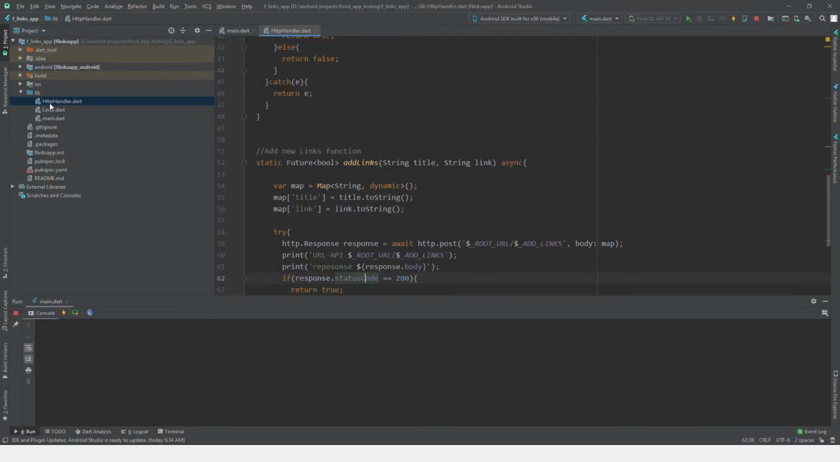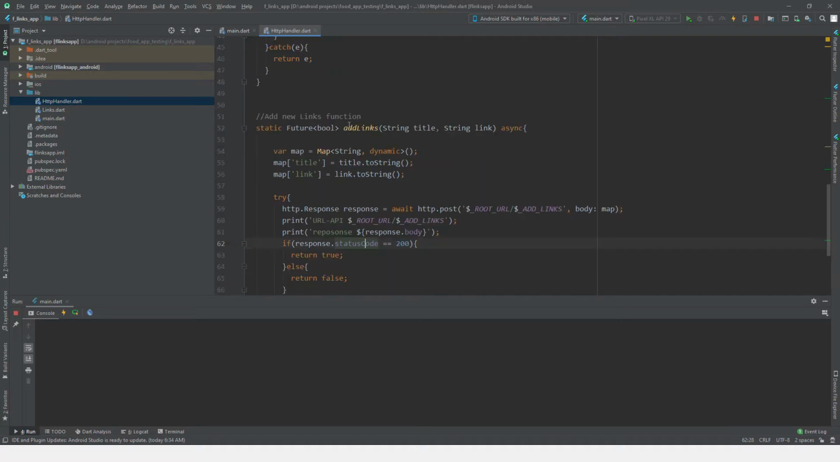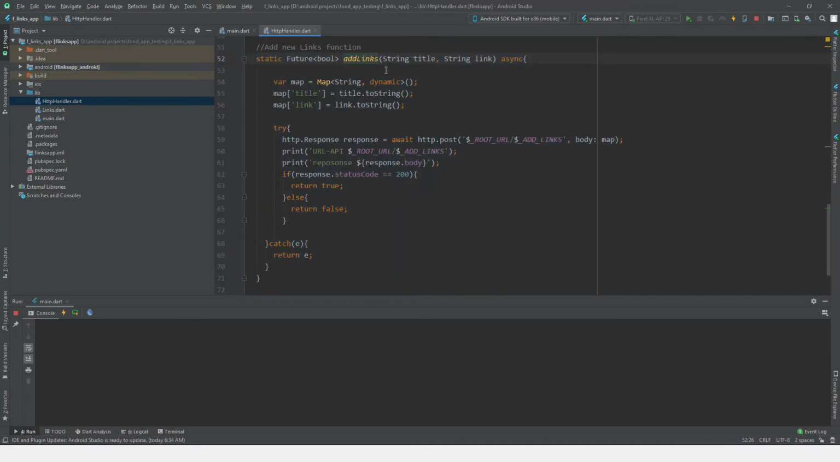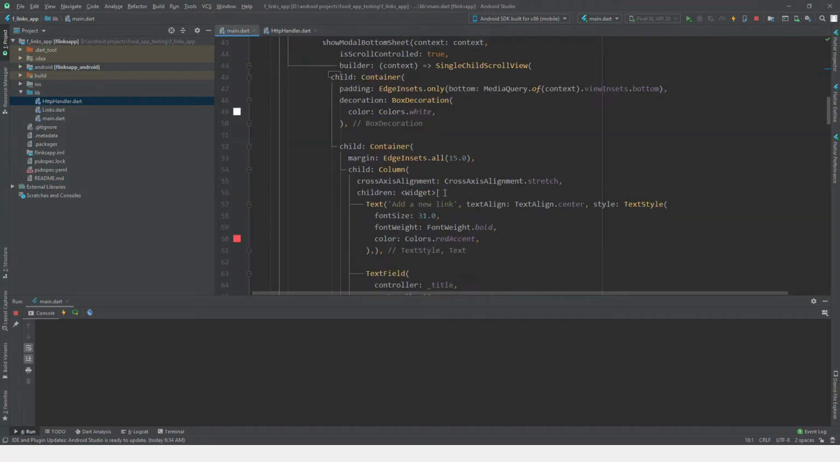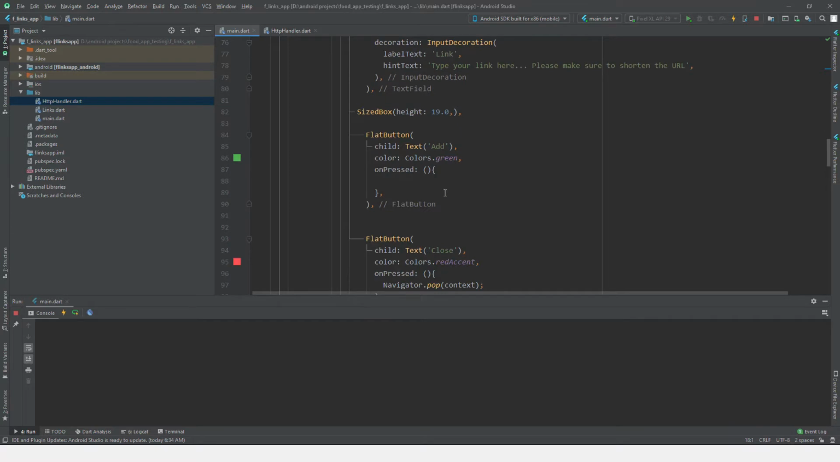First, double click on this HTTP handler Dart. Today we're gonna use this add links to add new links to our database. So just now go to the main and scroll down. Yep, here. First, we're going to check if the title text field and the link text field are empty or not. So if condition, then